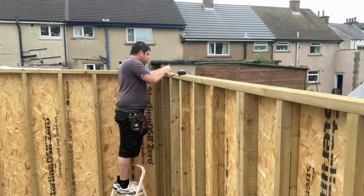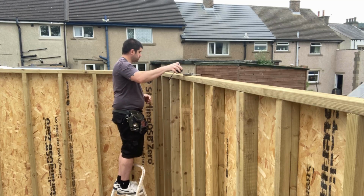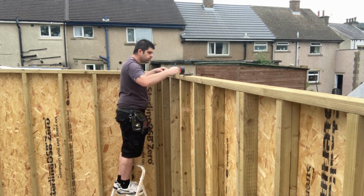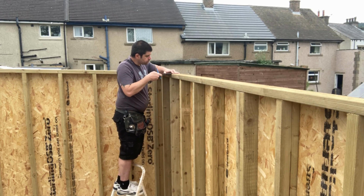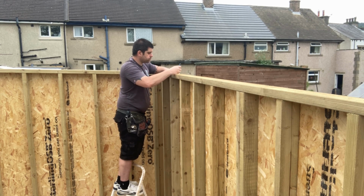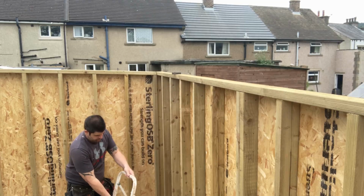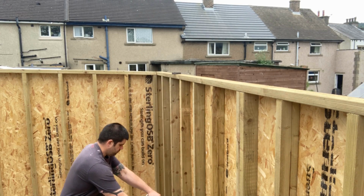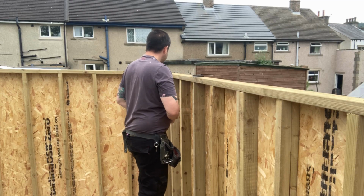Now to do this, the first mark that you make should actually not be 400. It's going to need to come back 20 mil. And the reason for that is because you're coming from the wall where you're not actually in the middle of a joist, you're starting from a straight edge. So the 380 is essentially going to bring you to the middle of the first joist, and then every joist there afterwards will be 400